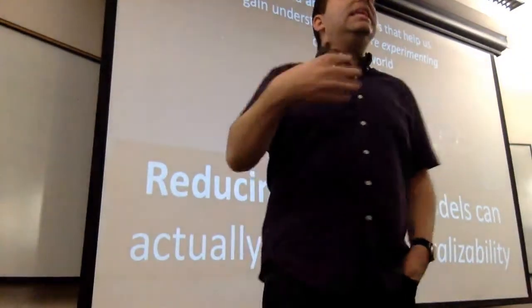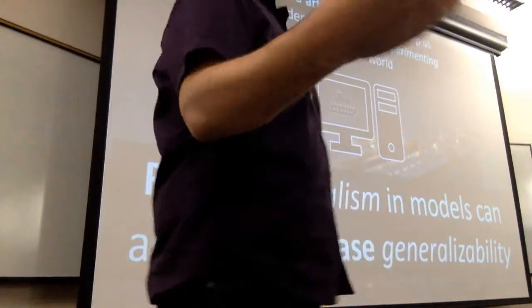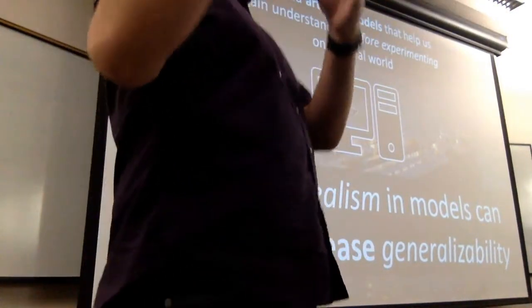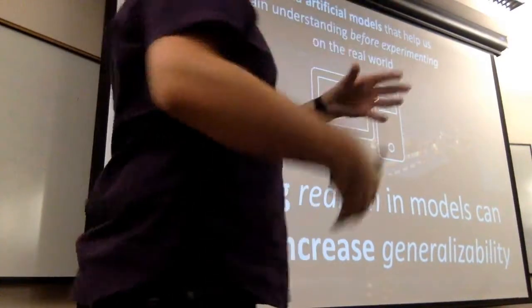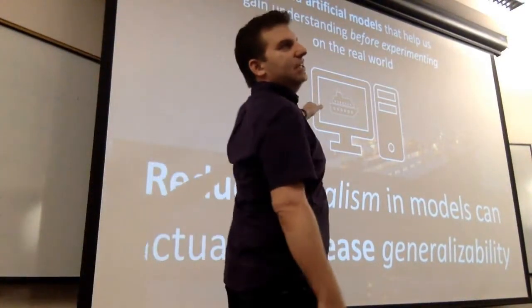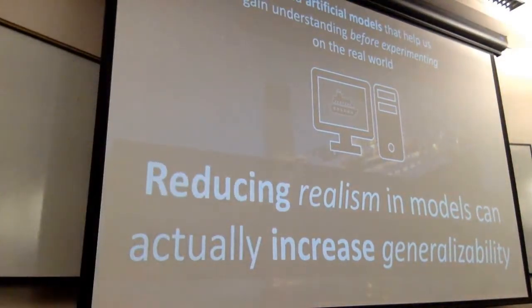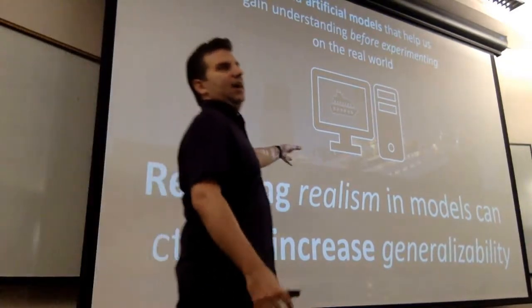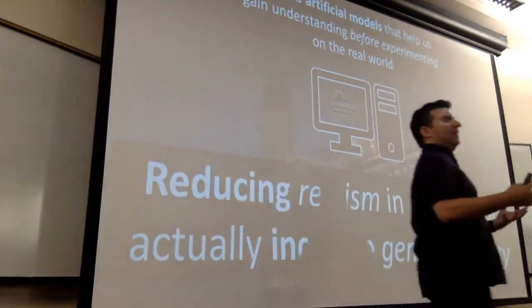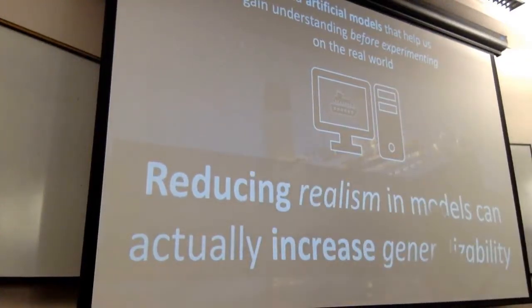So we might leave things out of simulation that don't necessarily come all the way up to reality. But by doing so, we might actually make our models more generalizable. So rather than going to the local Chipotle and coming up with a solution that's customized just for that Chipotle, if we build a model of a fast food restaurant that leaves some details out that maybe are in any real restaurant, we might be able to come up with a more general principle that works across all fast food